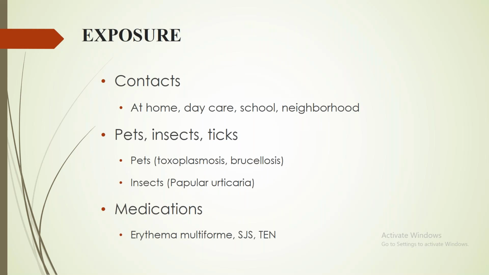Then history of exposure is very important, especially in drug reactions or in non-specific rashes where you're not able to identify an infective cause. For example, a child is going to a daycare center or going to school, or there is a specific kind of exposure to animals or grass or excessive bushes. So that is important. Then at home, the child may be playing with some kind of pets, or there is infestation of insects, like the blanket or the carpet being infested, so you need to take care of that history.